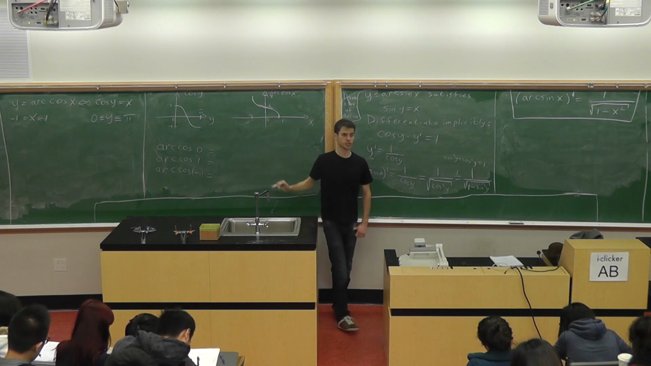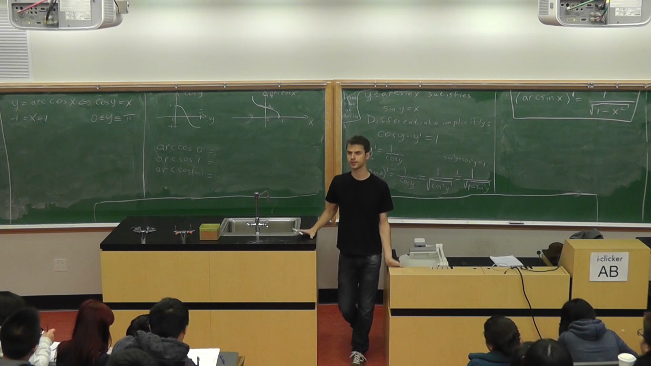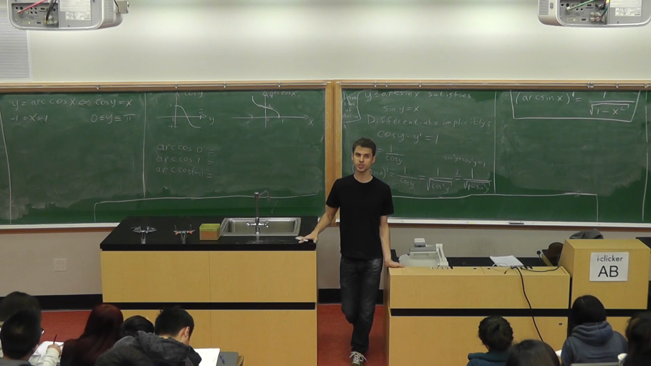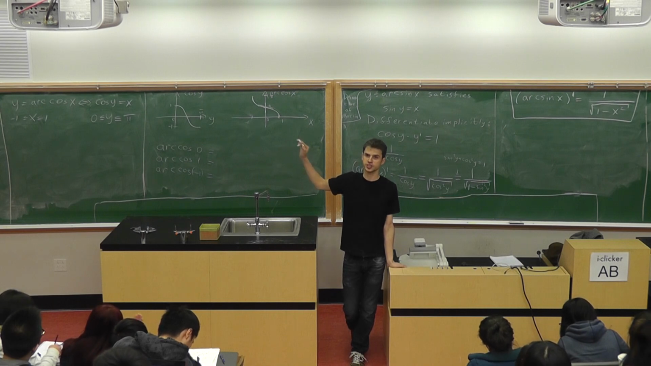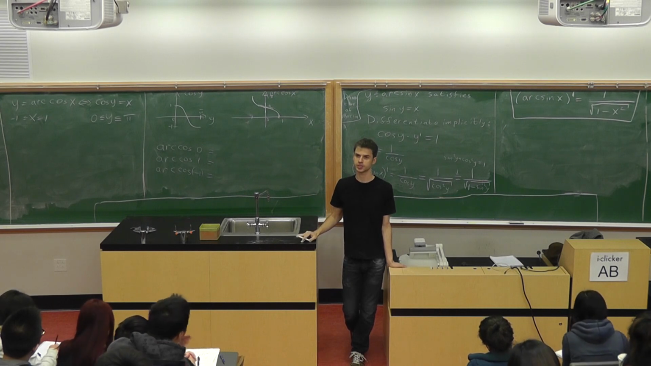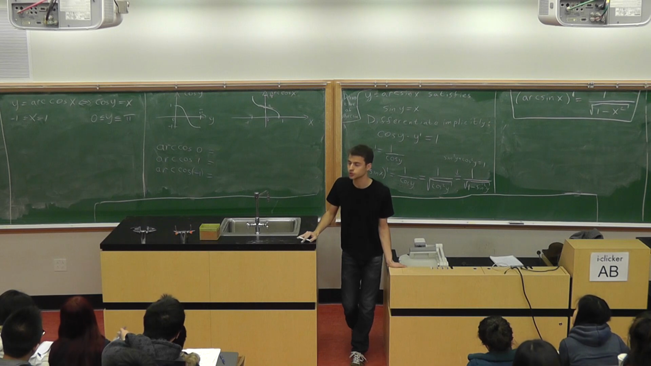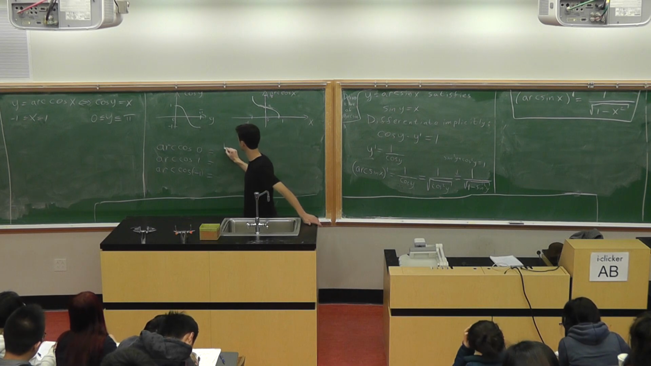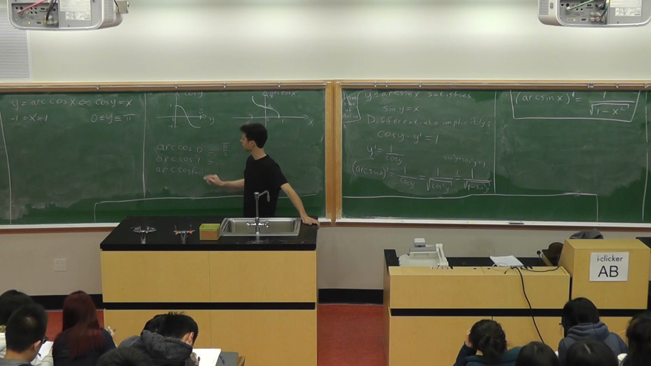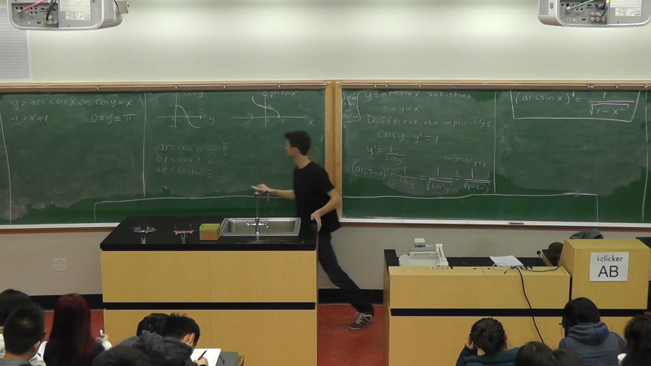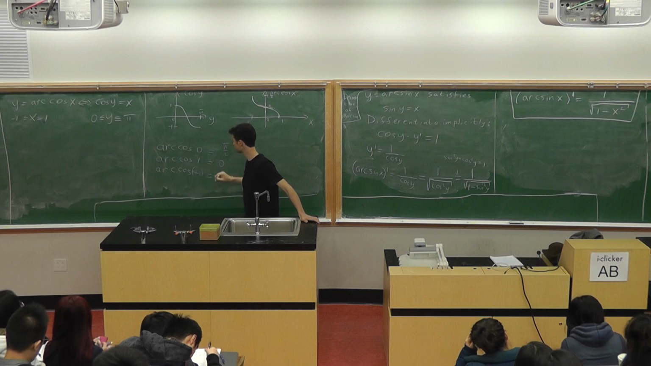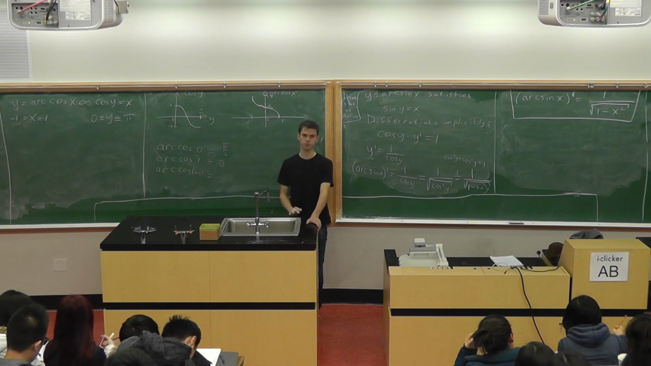So what is arc cosine of 0? Once again, the definition is the number between 0 and pi whose cosine is equal to 0. What is it? Pi over 2, right. Arc cosine of 1, 0. So cosine of 0 is equal to 1. Arc cosine of -1,